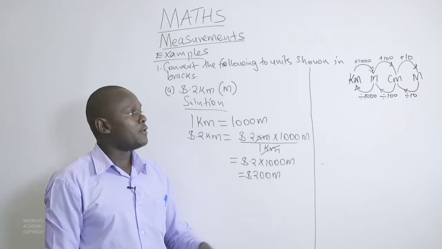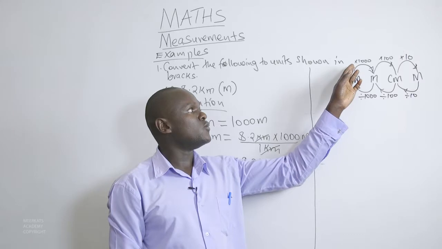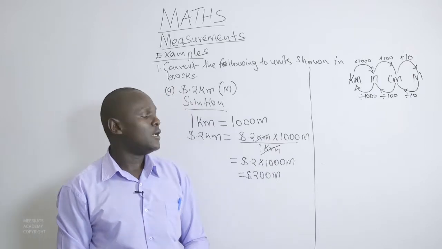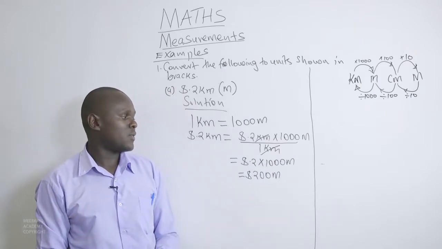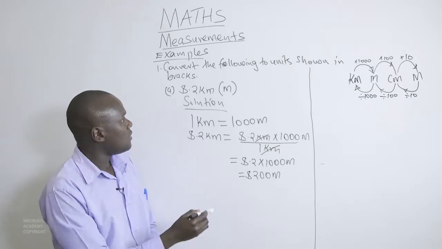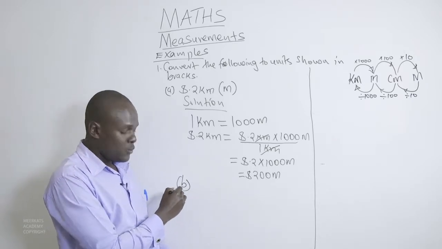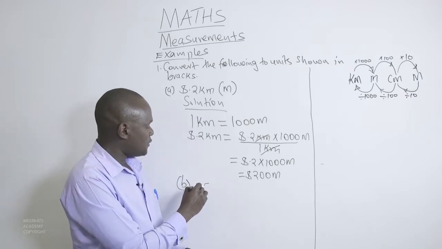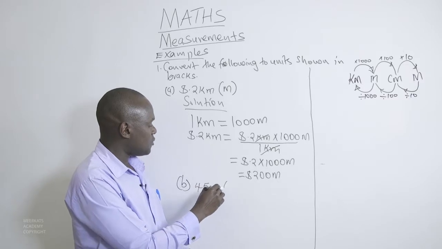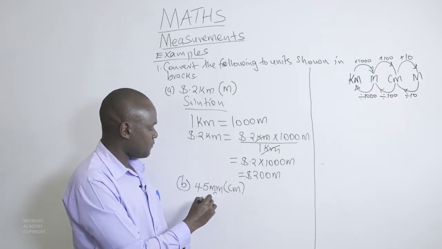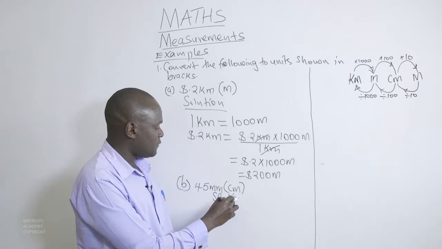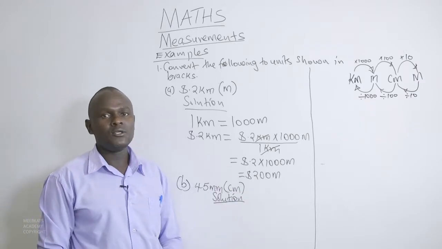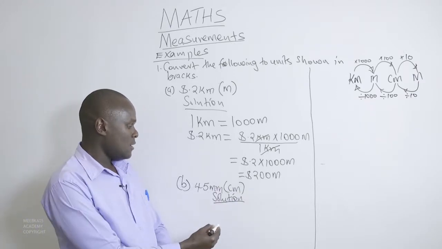We have converted 8.2 kilometers to 8,200 meters. If we were to use our flowchart, we will basically take 8.2 times 1,000, and there we have 8,200 meters. The second example, we are tasked to convert 45 millimeters to centimeters. We can use the usual way, the common one, where we say that